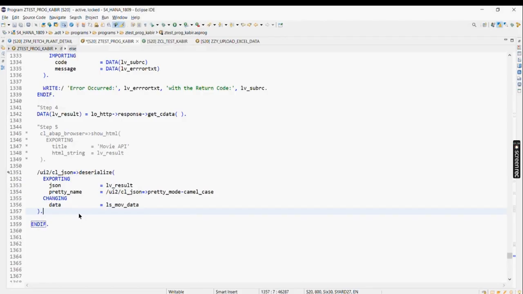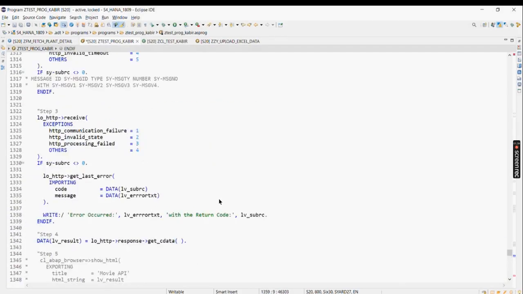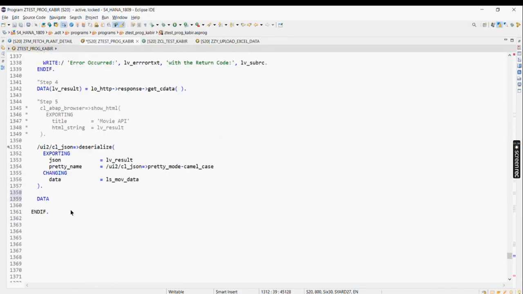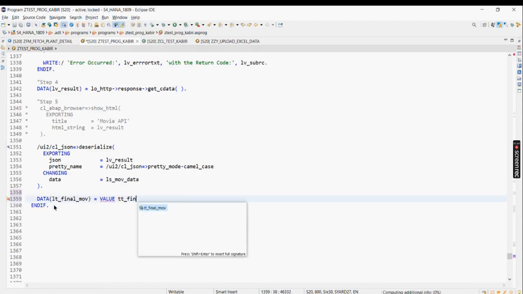So now data lt underscore mov underscore, or let me create it like this, value operator tt underscore final mov, and then now we'll create the components. So now guys, you tell me,